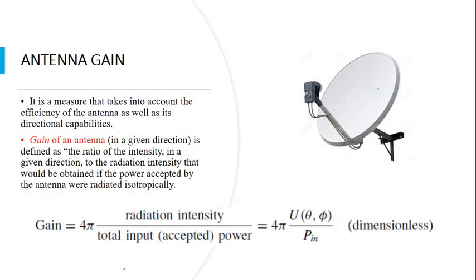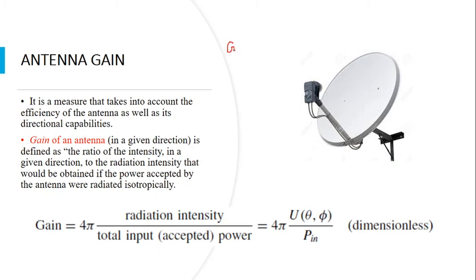The next important parameter is the antenna gain. The antenna gain tells us how effectively my antenna can absorb the power, or how effectively my antenna can concentrate or transmit the given power. I repeat once again, gain tells us how effectively I can absorb the power from a given direction, or how effectively I can transmit the power into a given direction. So when I talk of direction, what comes there? It is definitely the term directivity.